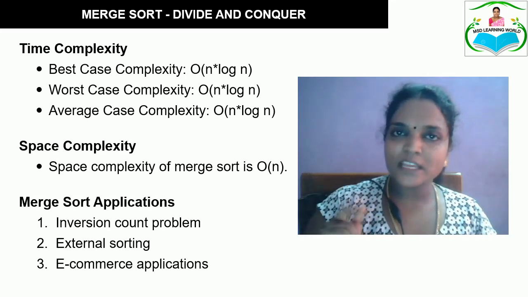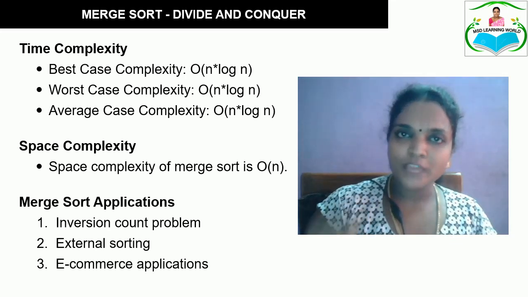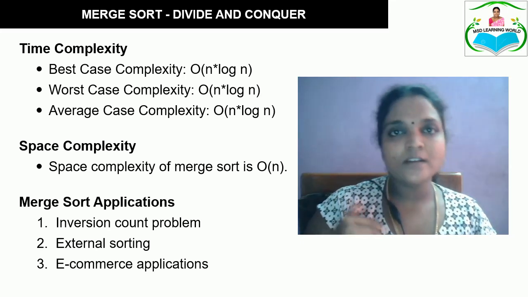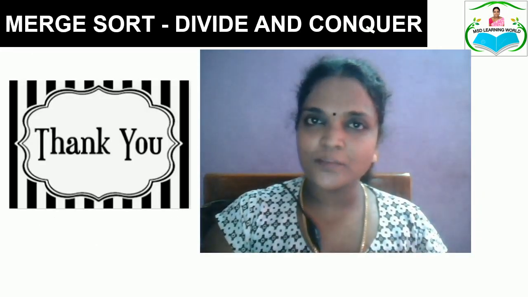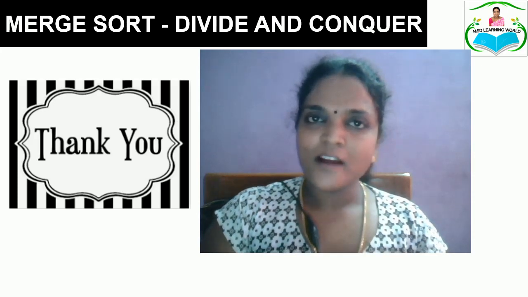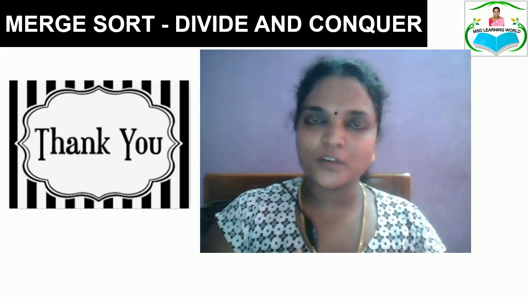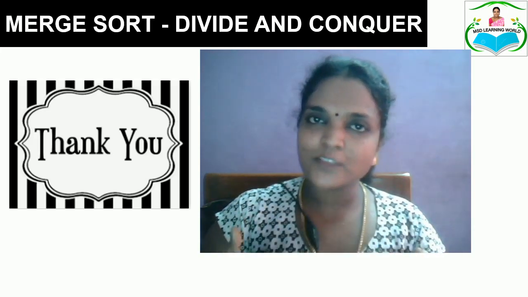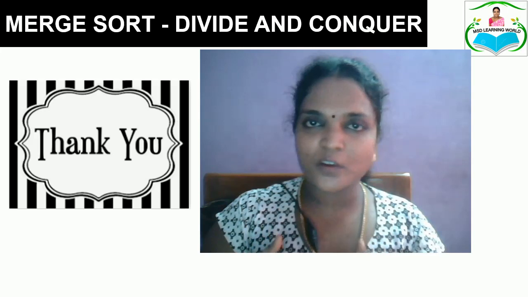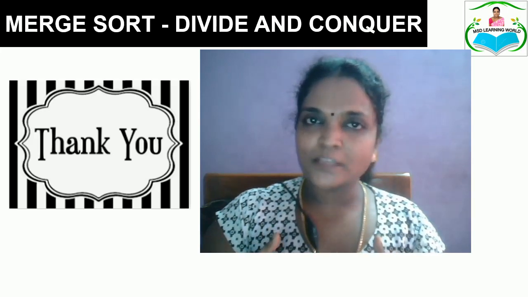And for the space complexity, the array is going to have n number of elements, so the space complexity is going to be order of n. Merge sort algorithms are used in various applications like e-commerce applications, inversion counting problems and external sorting applications. So we have seen the merge sort algorithm and how it is implemented by divide and conquer, the steps for implementing it, and its applications along with an example. The average case, best case and worst case complexity of the merge sort algorithm is order of n log n, and the space complexity is order of n.